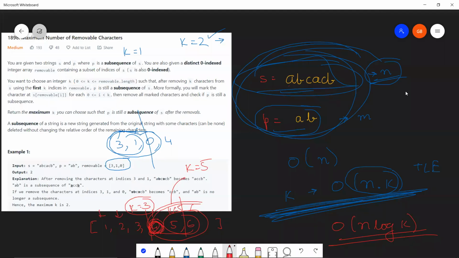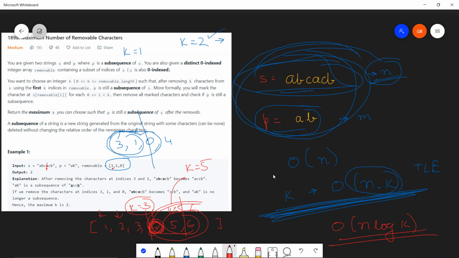But actually, before we go towards the pseudocode, I need to tell you one more thing. How would we remove some index from a particular string? Let's say that we had to remove this index 3, which represents this character A from the string. How would you do that? Actually, you do not need to remove anything. You just need to discard this particular A from consideration when you are actually calculating the subsequence.